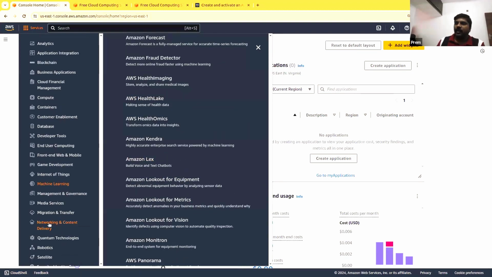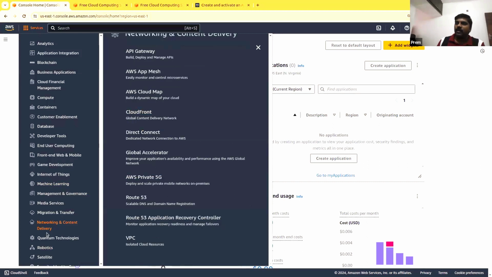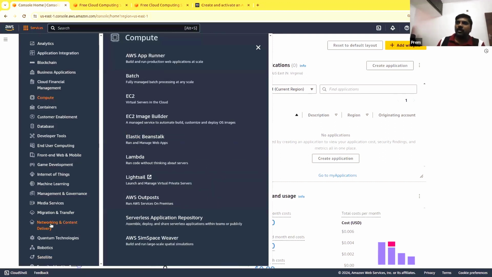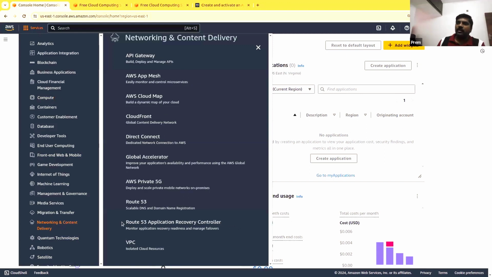And networking and content delivery, this is another main thing. If compute is your computer, the core where the computation is happening and the programs are running, network is the thing that surrounds the computer, right?